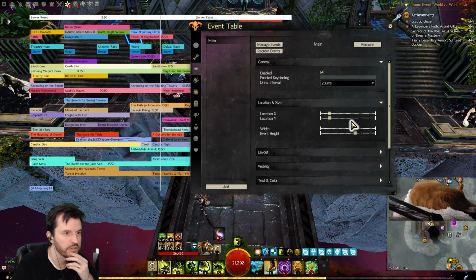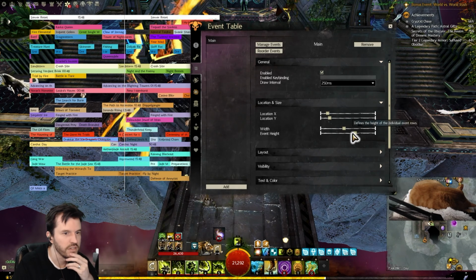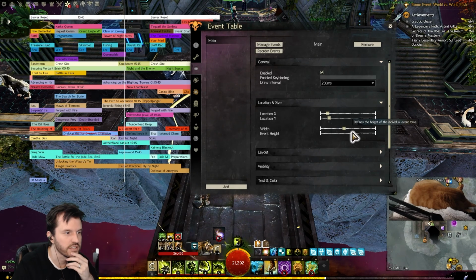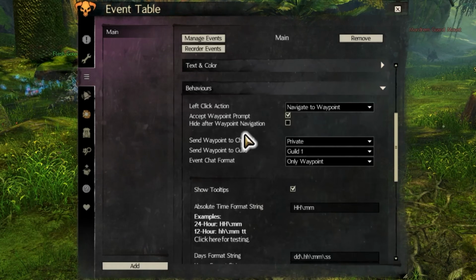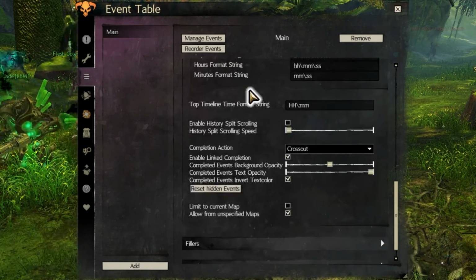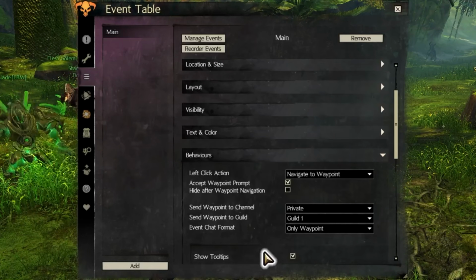The rest of the events area screen is focused on customizing the visuals for the event table. Play with these settings until you are satisfied. A worthwhile note here, under the behaviors section, you will find settings for what happens when you click on something